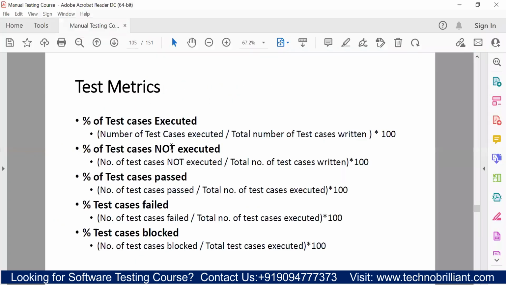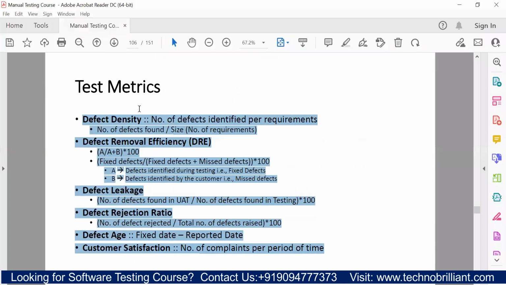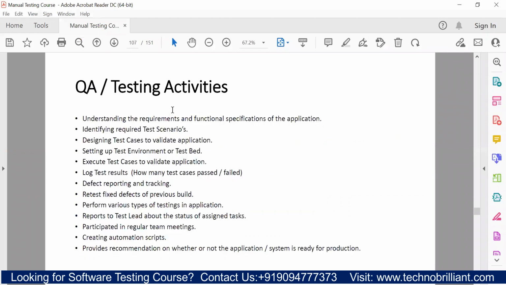The test matrix, like we have calculated the percentage surrounding this test matrix, right? Okay, so another important